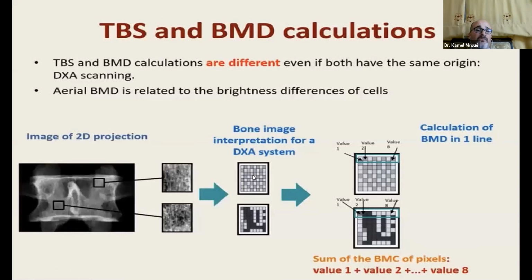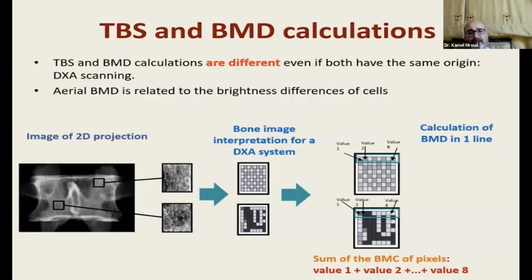If in a certain area you count these gray squares, then you are able to measure how much bone you have in this square. So you can translate this into a bone density of that bone. Simply, the DEXA machine just takes the sum of these gray squares, and this will be translated into an areal bone density. Whereas